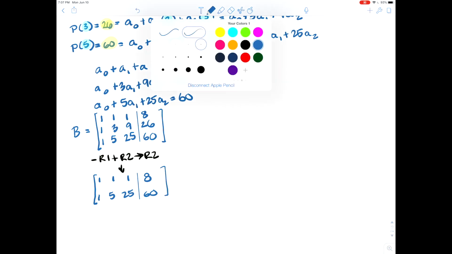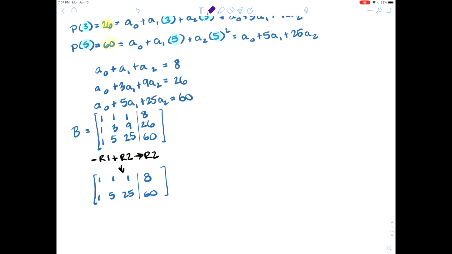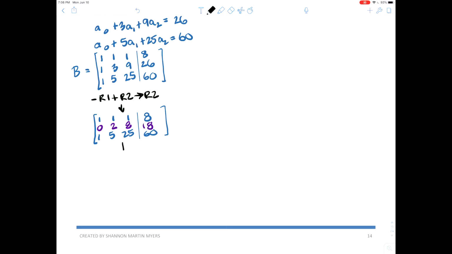And our new second row will be what? Well, we'll have negative 1 plus 1 is 0. Negative 1 plus 3 is 2. Negative 1 plus 9 is 8. And negative 8 plus 26 is 18. Good? Alrighty, and then next up we want to zero out the 1 that's located in the